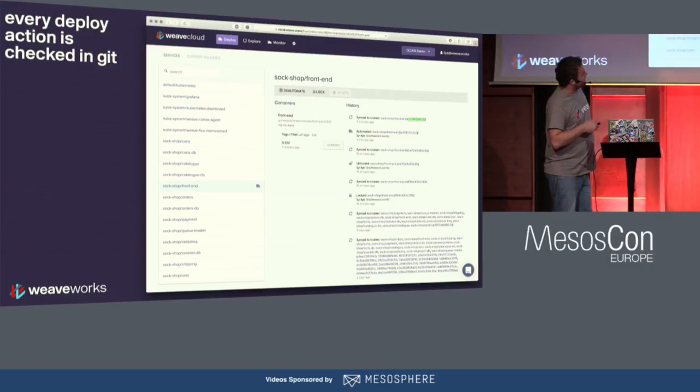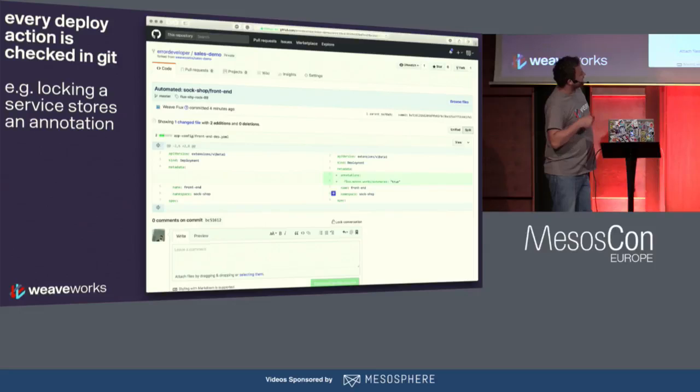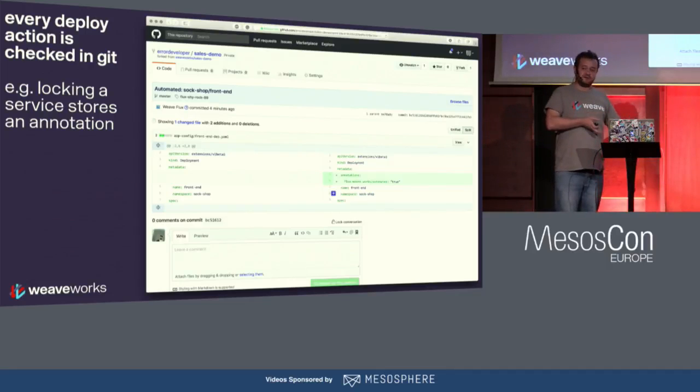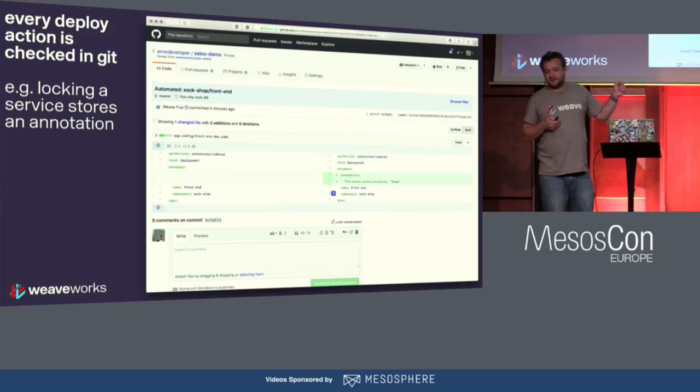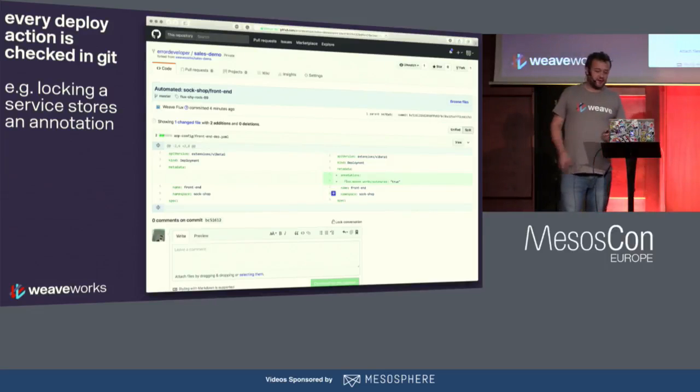And when I click that button, we stored an annotation in YAML that essentially means if you were to take this Git repository into a different cluster, this will be picked up from there, right? So if you rebuild a cluster, or you just want to clone an environment.